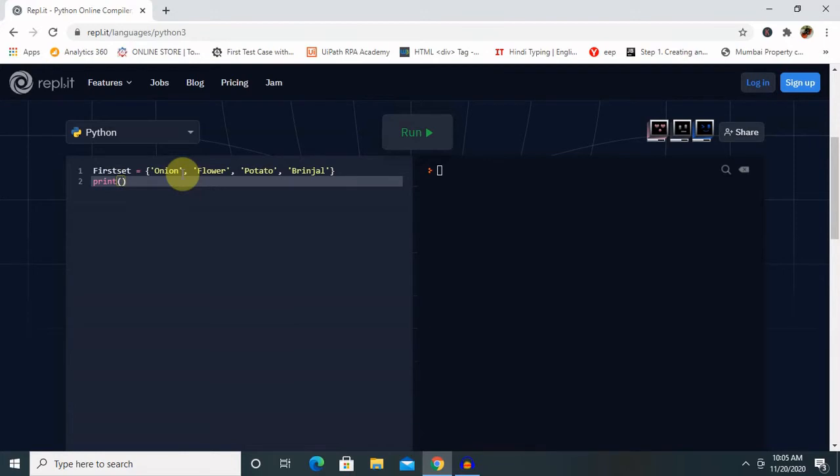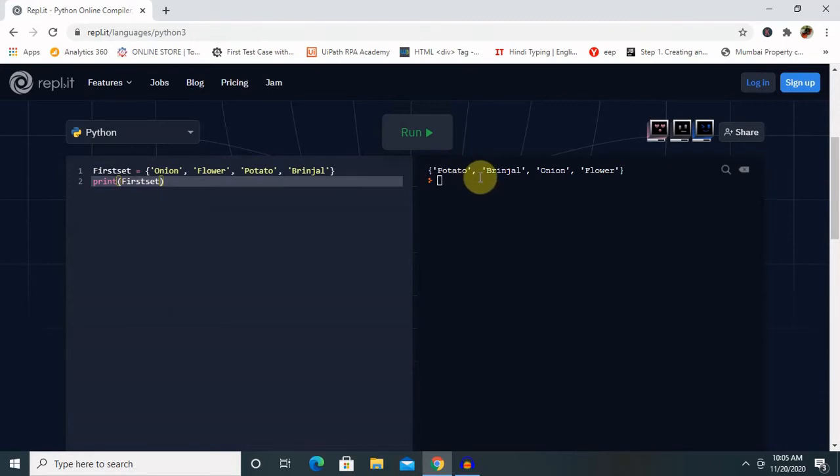Here I am declaring the values, and after that I am printing. Whatever name we have declared here, the same name we have to provide here, otherwise it will throw an error. As you can see, the value is printed successfully. Whatever we have provided here, the same is available here as well.